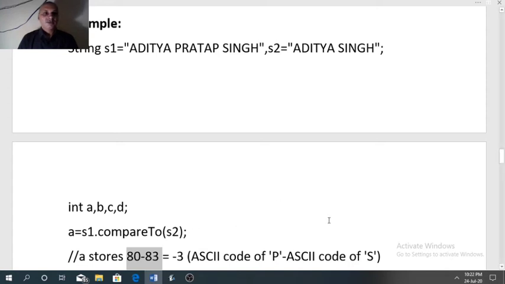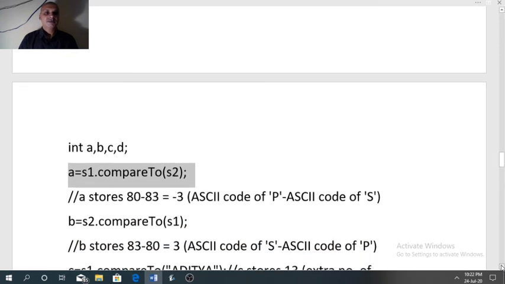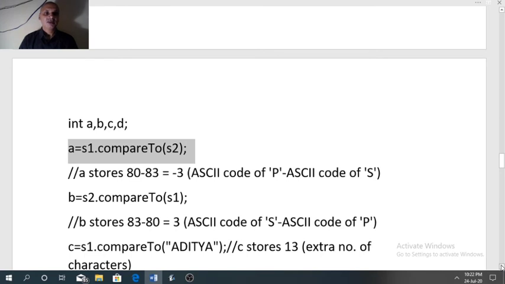So the answer of this comparison will be minus 3, that will be stored in the variable A. When we reverse it, in the second example, S2 dot compare to S1. So in this case, 83 minus 80, that will become 3. So when we get a negative value, it means the left side string is smaller.